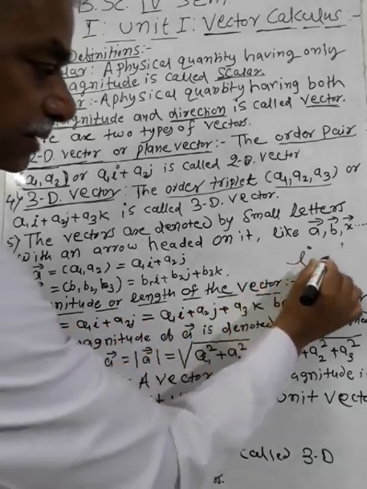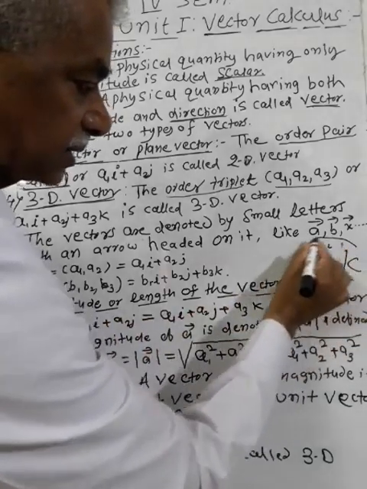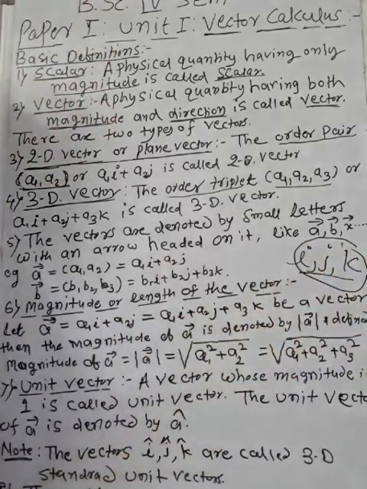That is, i is a unit vector along the x-axis, j is a unit vector along the y-axis, and k is the unit vector along